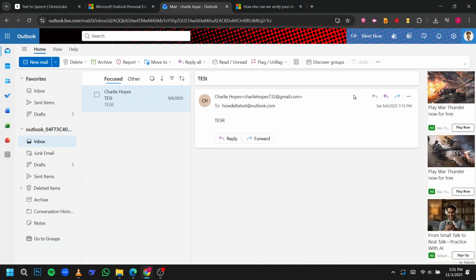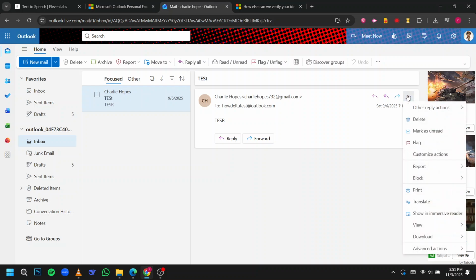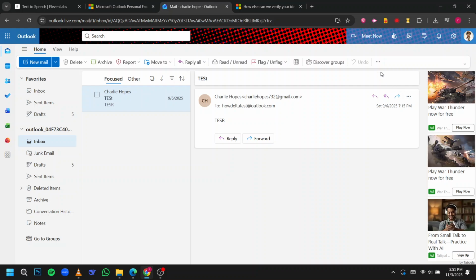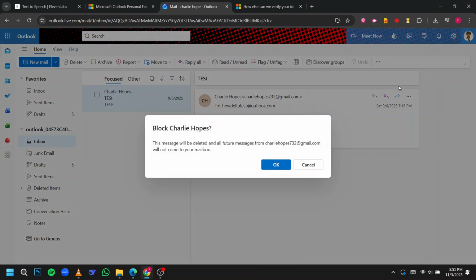With the email open, locate the three-dot icon, typically at the top right corner of the message window. These dots indicate more options. Clicking this icon will reveal a drop-down menu with several choices. Look for an option labeled Block, click on it, and your account will automatically filter out any future emails from